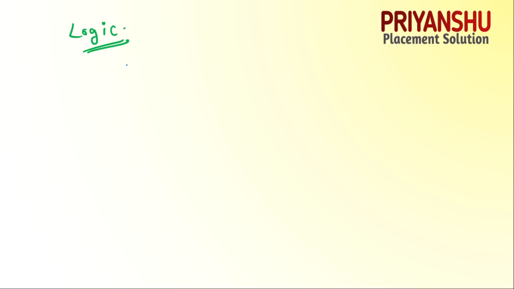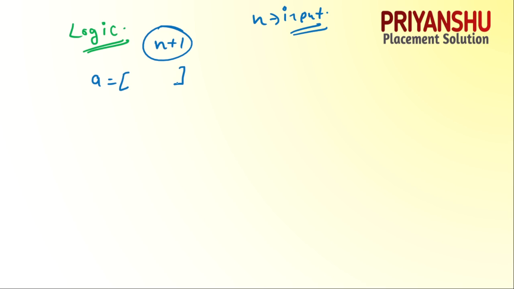So let's see the logic for this one. Basically we need to take n plus 1, where n is the input value. So n plus 1 is what we need to find. I am taking a equal to some list, and this list or array is empty, but in Python I am taking 0 as an empty element. I am taking more elements, not a single one. I will make a list longer than the given length, then I will set that. Why I am doing it, I will tell you, don't worry. So I am just taking n plus 5 here, meaning the array is empty.